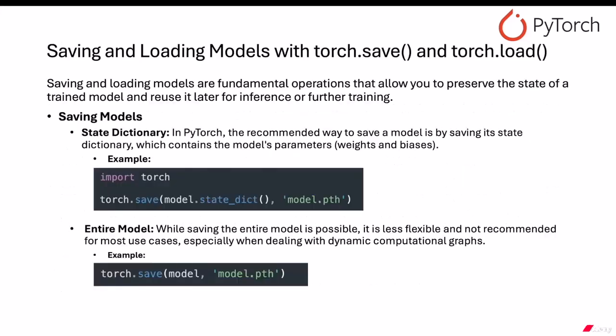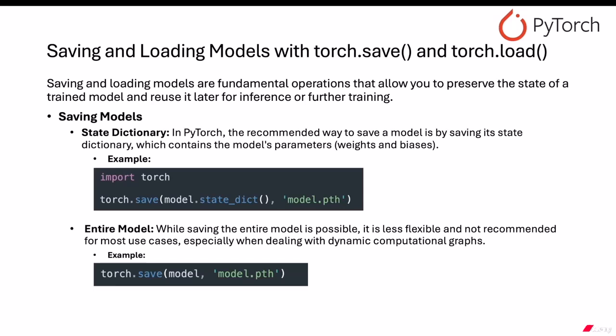Saving and loading models with torch.save and torch.load. Saving and loading models are fundamental operations that allow you to preserve the state of a trained model and reuse it later for inference or further training. Saving models. State dictionary. In PyTorch, the recommended way to save a model is by saving its state dictionary, which contains the model's parameters, weights, and biases. Example is import torch and torch.save(model.state_dict(),